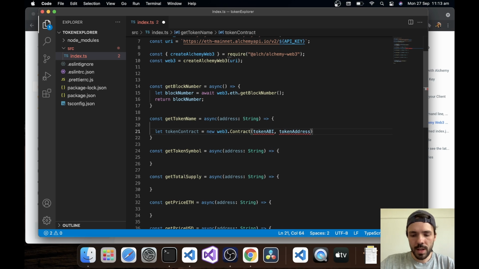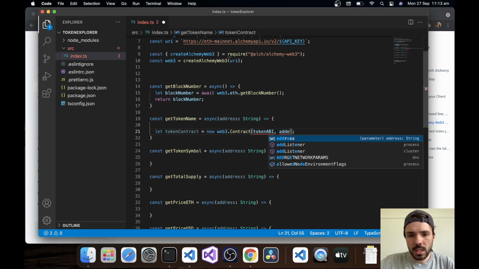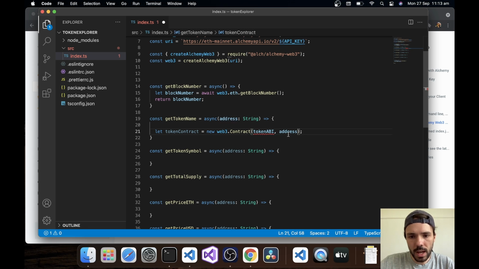So obviously we don't have either of them at the moment, so let's go ahead and define them. Token address will just be the address that we've passed as a parameter in the beginning, but we don't have token ABI. So what's token ABI? Token ABI is basically the template of a smart contract that defines the specific ERC20